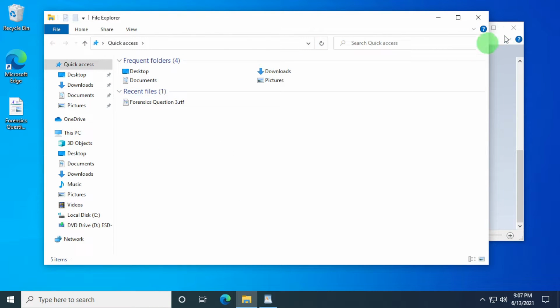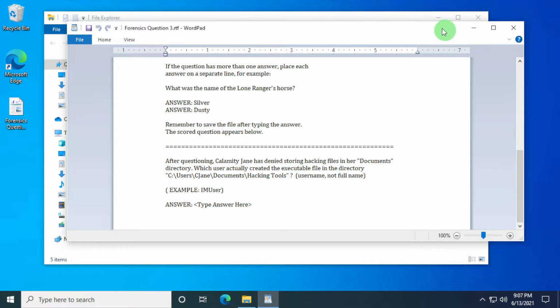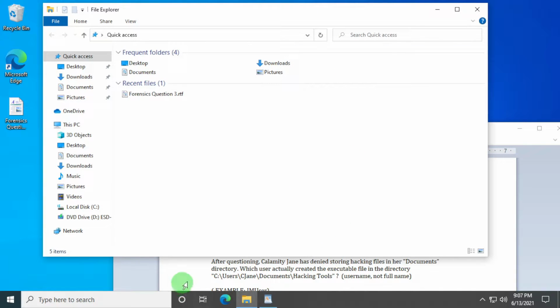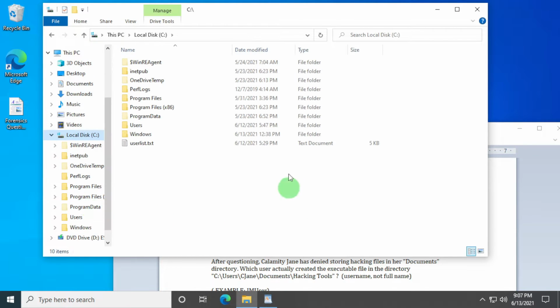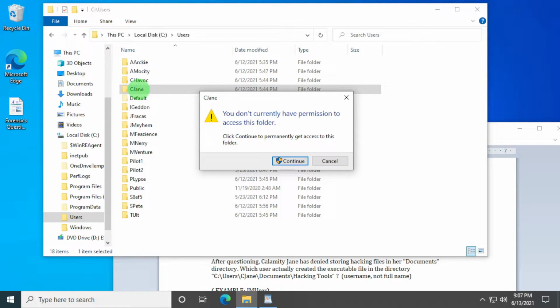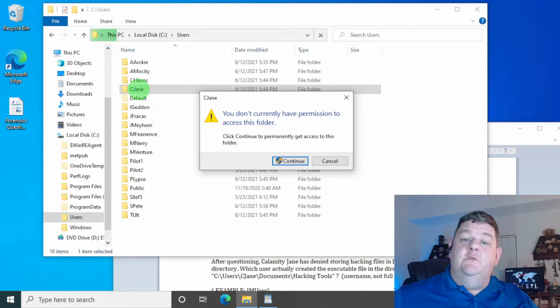And in Windows Explorer, we know that we are going to, let's move this window down so we can see the path, and move this window up. We are going to see users\cjane\documents. So let's go to our C drive, the users folder, cjane, and already we run into one of the issues that we have, which is that we don't have permissions